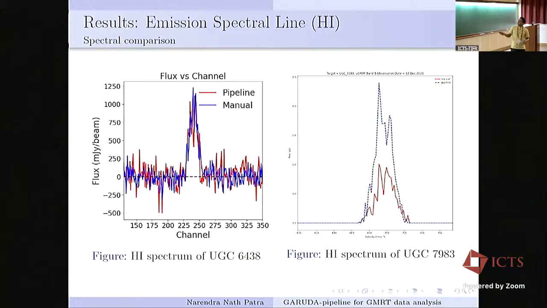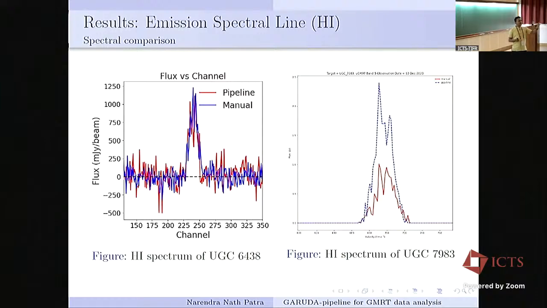And to answer your second question, we have actually looked at this. If you look at the HI emission, it is a diffuse emission, so it really depends on how much flagging you are doing at the short baselines. Typically, if you are doing it manually, we look at this and say, oh, this looks bad, let's flag it. That is not completely optimized. What Garuda has done is flag what is required to flag.